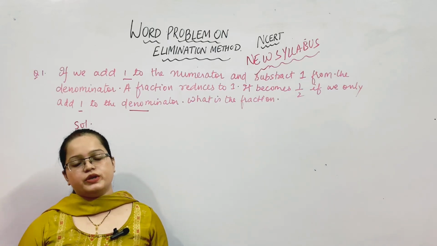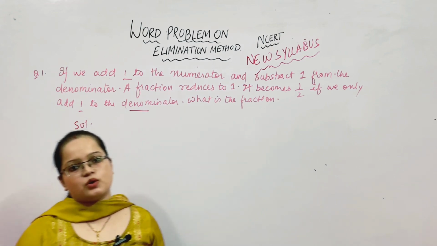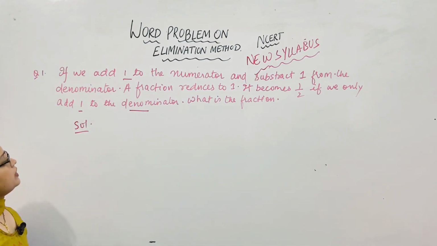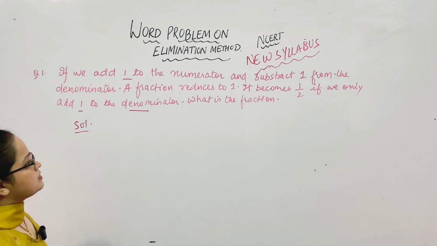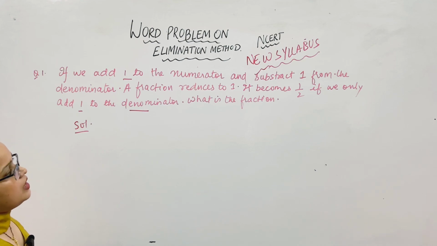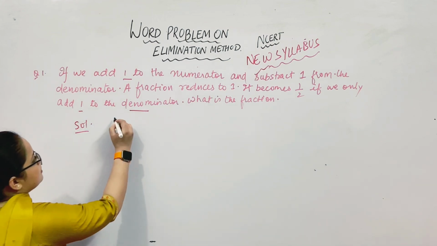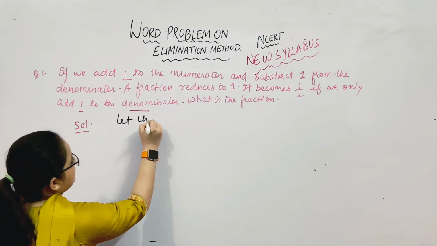The topic which I am going to discuss today is problem based on elimination method. So let's see the problem. If we add 1 to the numerator and subtract 1 from the denominator, a fraction reduces to 1. It becomes half if we only add 1 to the denominator. What is the fraction? So in this case, we will suppose let the fraction be